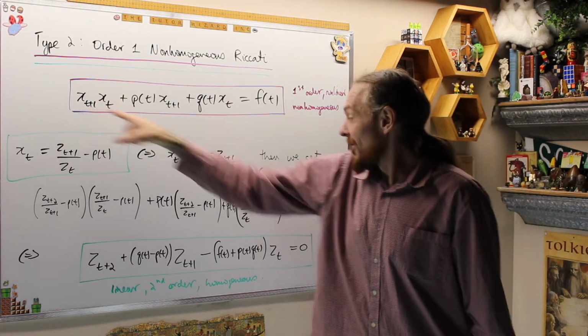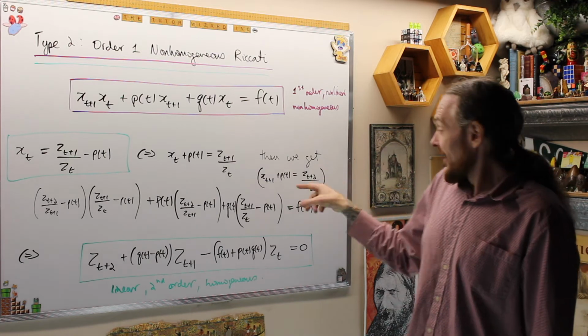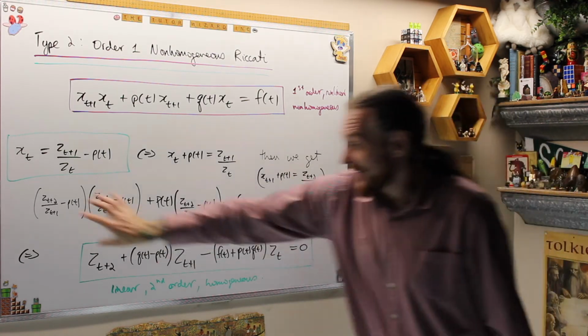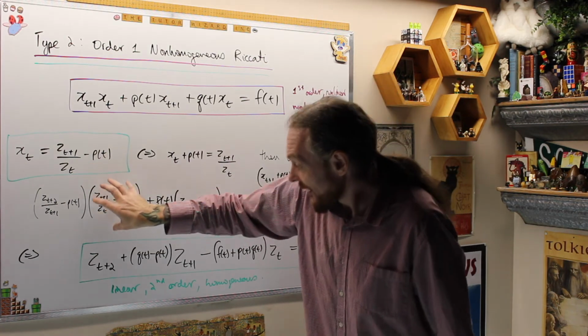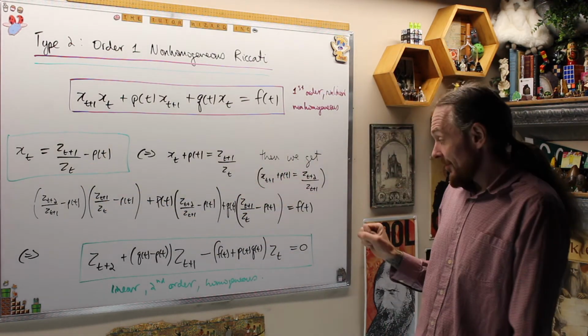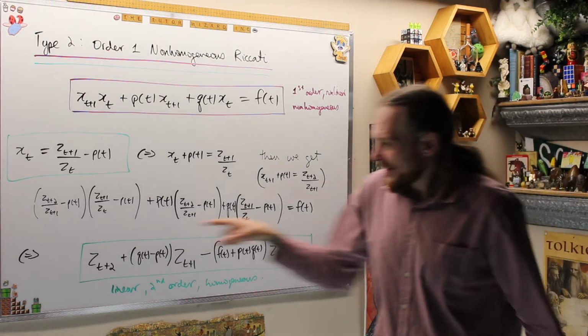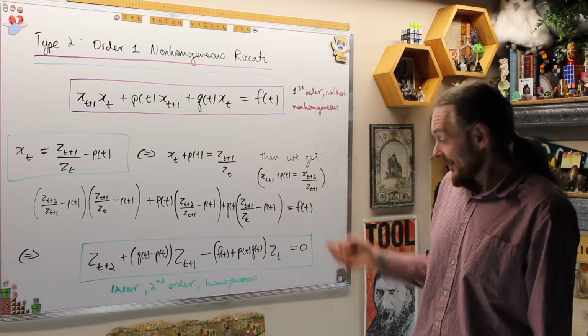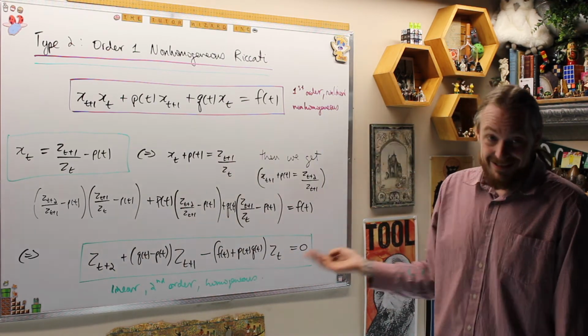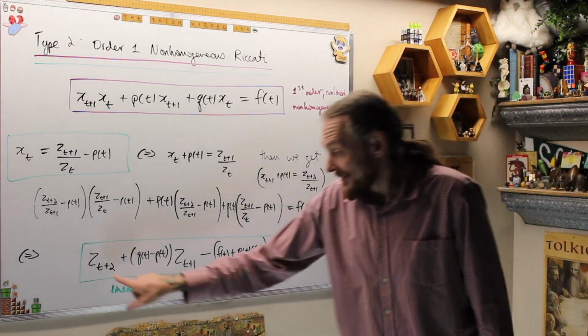So x_{t+1} plus p of t, or x_{t+1}, is this guy minus p of t, so I put that here. I put x_t here. I put x_{t+1} here. I put x_t there. I make the substitution. I FOIL everything out. You can do this for practice. And then essentially once I simplify it, long story short, we get this equation, which is now second order